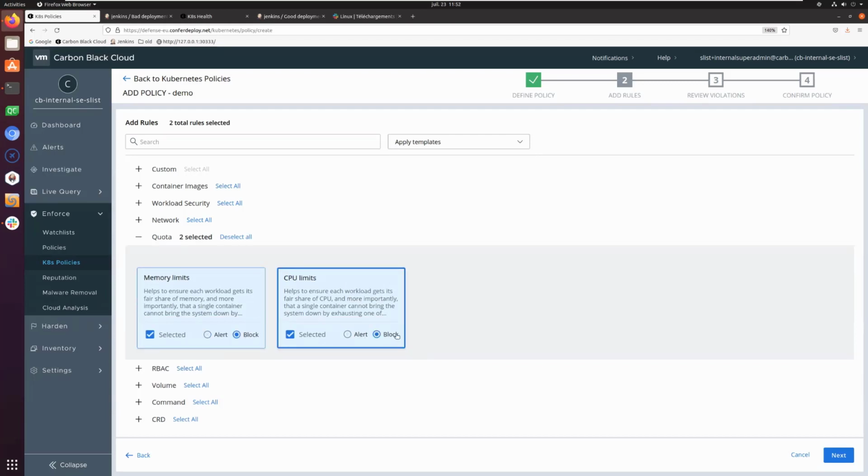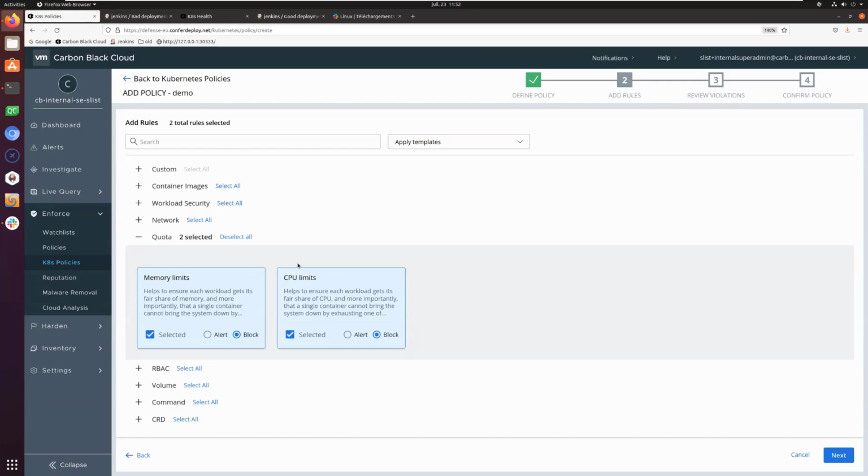Currently, there are a lot of cryptocurrency mining systems that want to access your Kubernetes that are available everywhere in the world. And why? Because if you don't set some CPU limits on your containers, it means that if your container gets compromised, it will use all the CPU that is available in your infrastructure. So we really want to limit this.